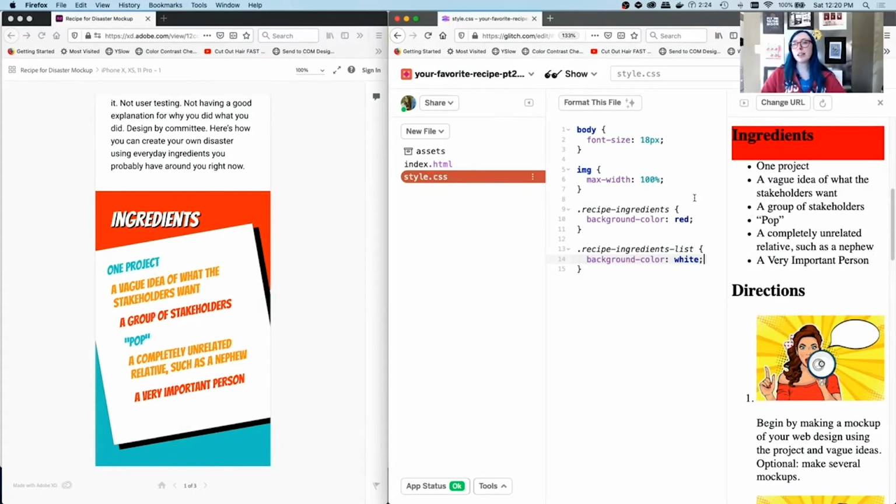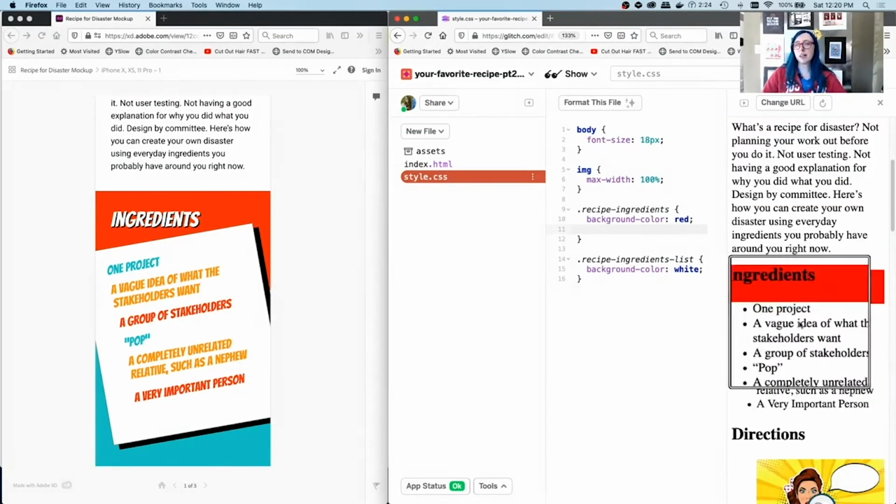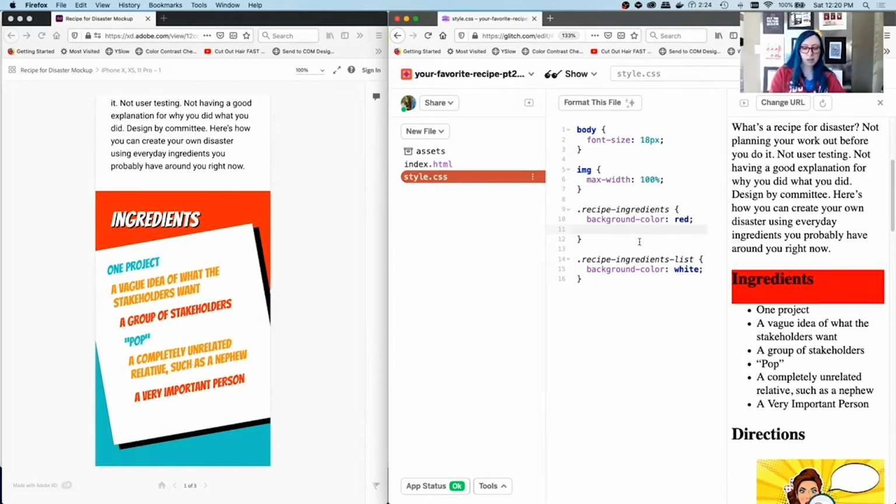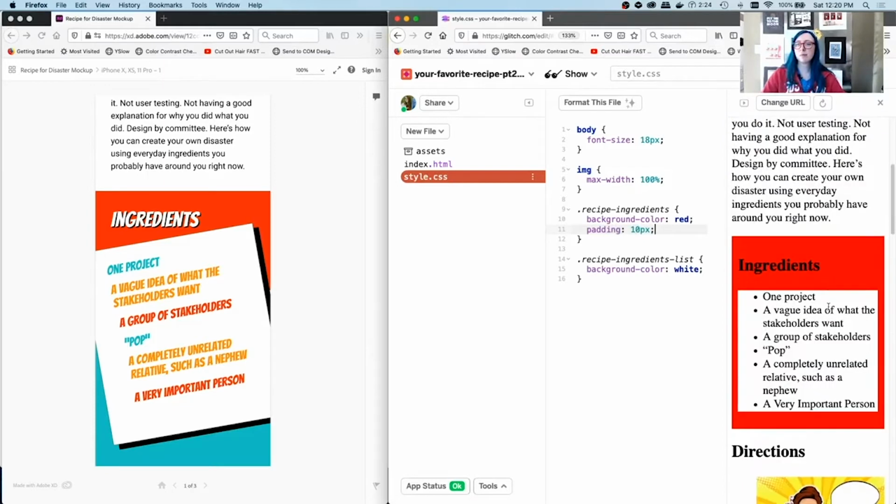We can double check that this is still kind of encapsulating this area by putting a padding on. That's what I like to do. So I'm going to put on padding 10 pixels. We're going to go more through the box model and how that works in the exercises. But basically what's happening is recipe-ingredients is pushing the content in using padding. Padding pushes content in. It's kind of like unapparent. So that's how you can tell that this is still all encapsulating this.